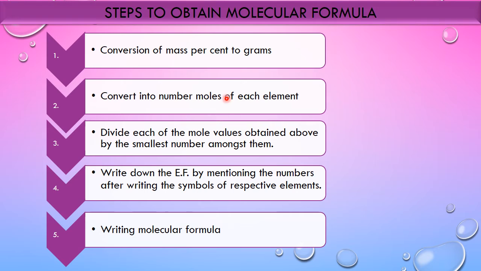Then after obtaining the moles of each element present in a given compound, what we need to do is divide each of the mole values obtained,